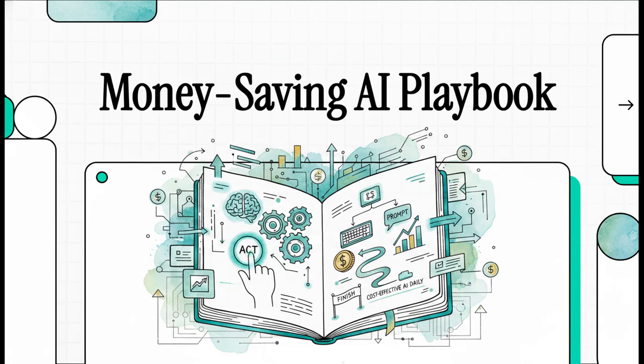Today we're taking everything we've learned about AI so far and turning it into your personal, actionable playbook. We're moving away from those big, abstract concepts and putting the power and the responsibility right into your hands. Because as an employee using AI, you are literally on the front line. Every single prompt you type is a financial decision for your organization. So get ready, because we're going to unlock the secrets to working smarter, faster, and way more cost-effectively with AI